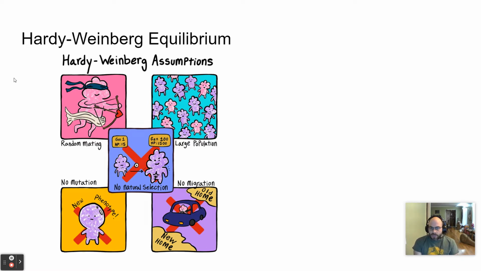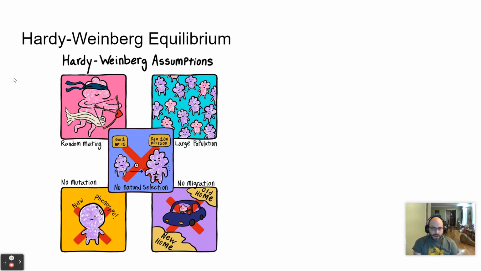So what does random mating mean? That means that there's no reason why an individual in the population would choose one mate over another. There's no mate selection, is another way of thinking about it. There's no natural selection at all, meaning that all individuals in the population have equal access to resources. There's no competition. There's no reason why one individual is able to get resources better than another individual. There's no mutations. Another way of thinking about this would be no net mutations, meaning that there's no major change due to mutation in a population.